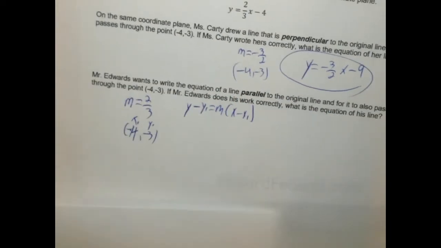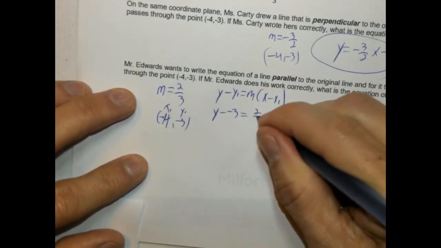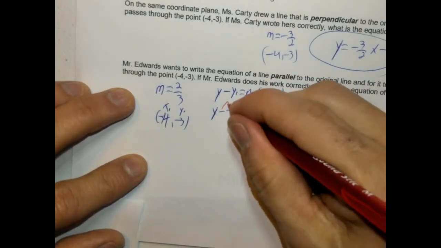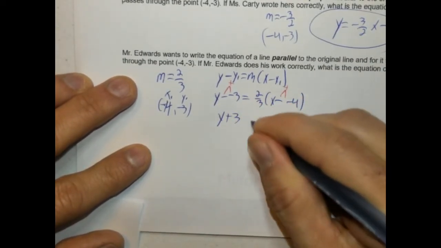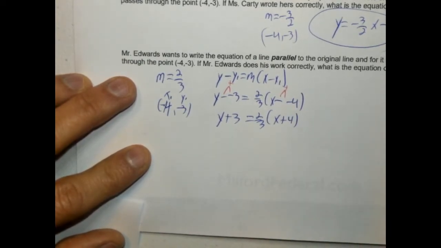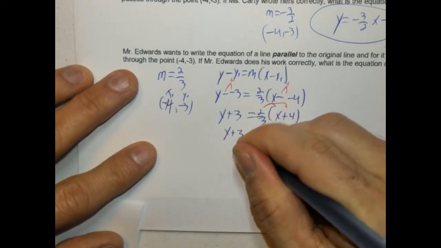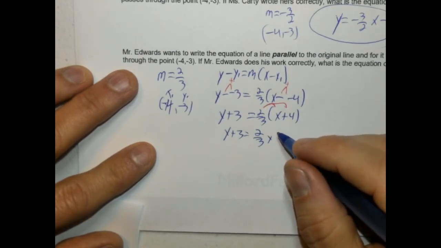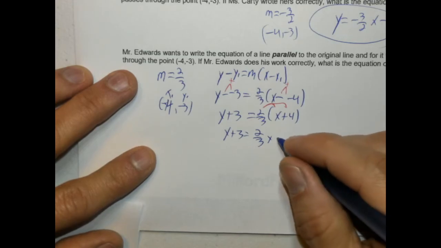Okay. Y minus -3 equals 2/3 x minus -4. I'm going to change these to plus. Y plus 3 equals 2/3 x plus 4. I'm going to distribute this. Y plus 3 equals 2/3 x. Okay. And then 8/3,